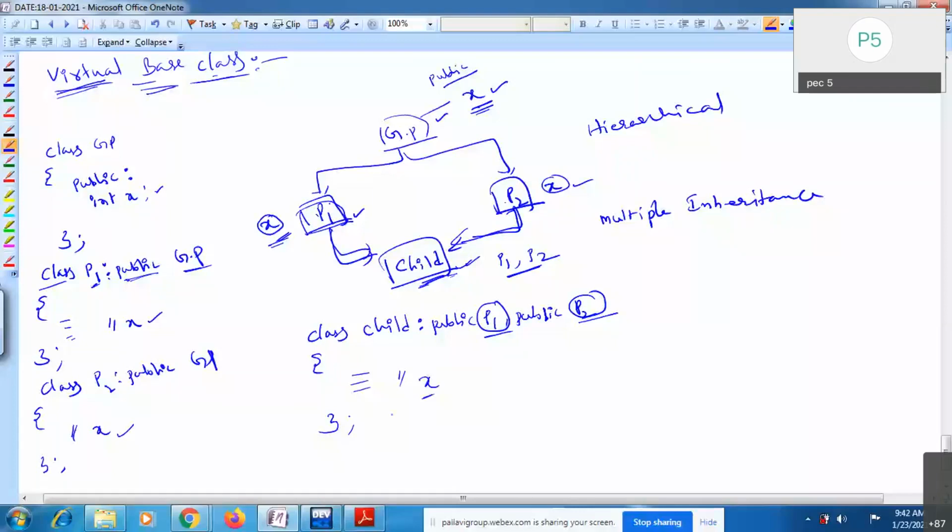Yesterday I showed how the compiler is going to give the error. I will just show it once again.